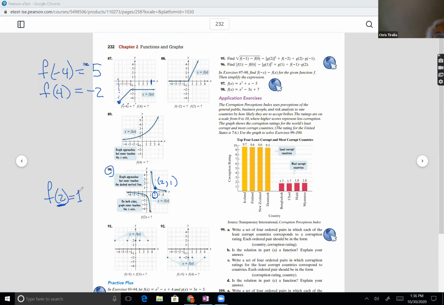Is everybody okay with reading coordinates off a graph? Yep. And what you have to remember with function notation is that the number in the parentheses next to the letter of the function is the x value. If that's all right,